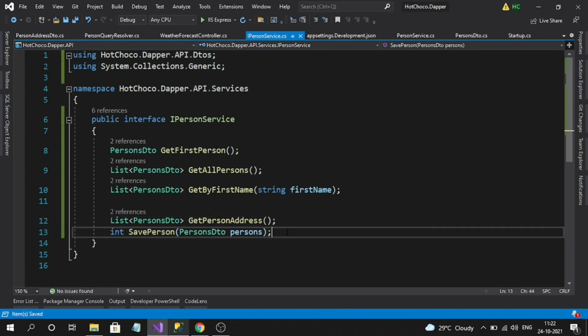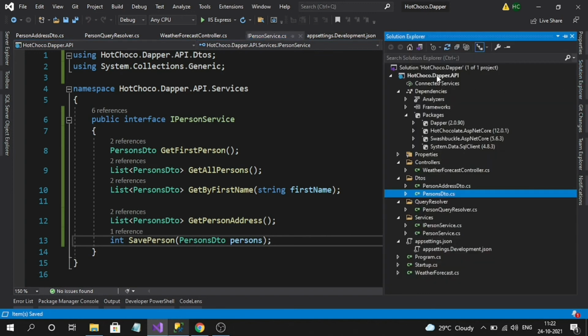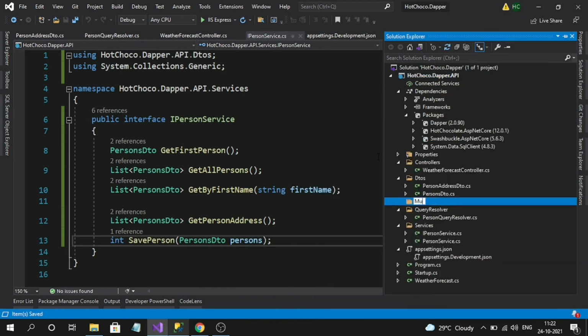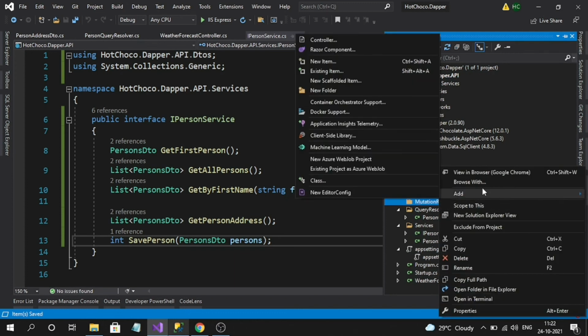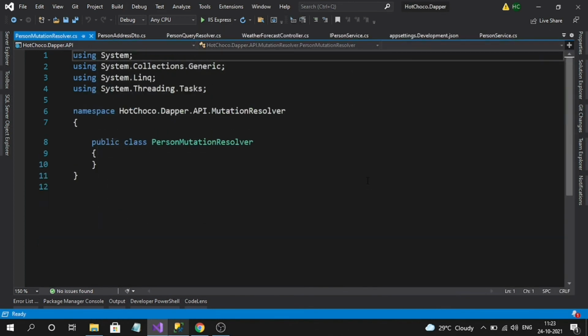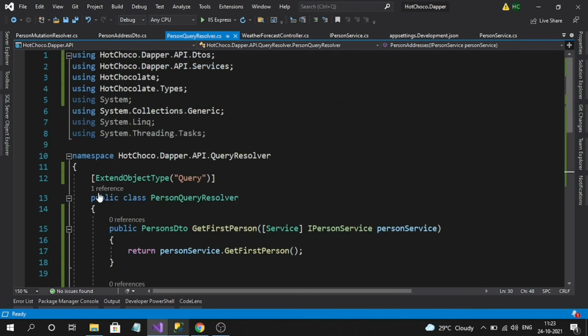Now I have to create a resolver for the mutation, right? Let's create a new folder like mutations resolver. I'll create a class like person mutation resolver. So this is my mutation class. Similar to the query resolver class, this should also be decorated with extension object.